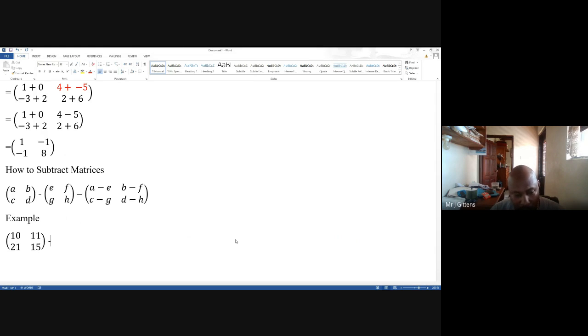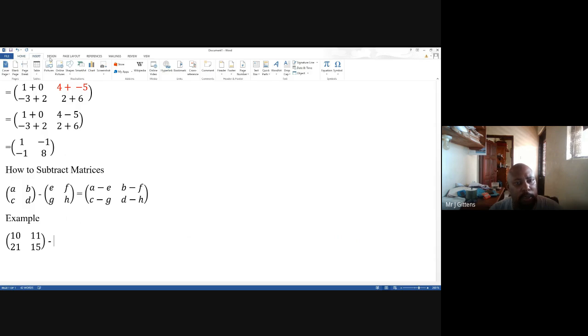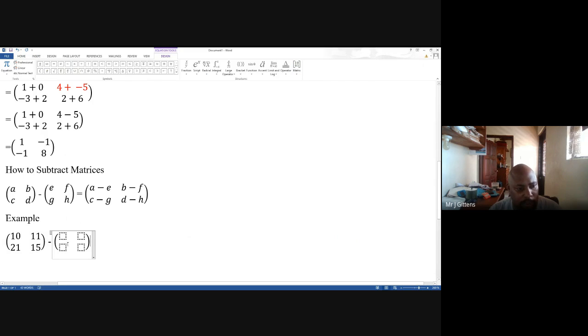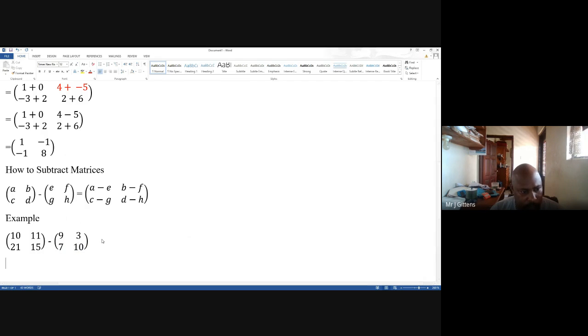And then we subtract from that a second matrix with some very small numbers, like 9, 3, 7, and 10. So this will equal, very simple,